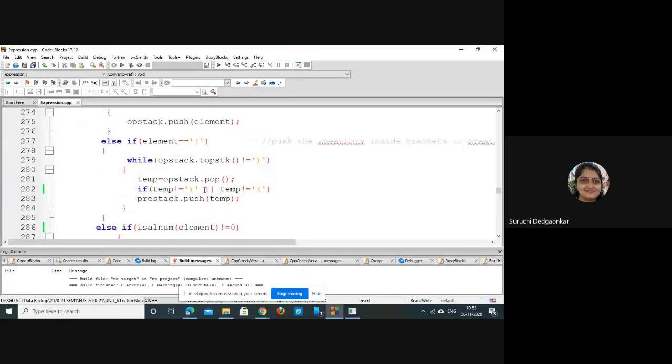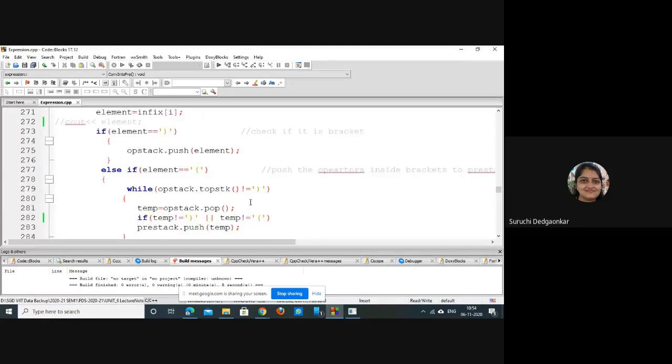Wherever we have popped, we have to check whether it is an opening or closing bracket.